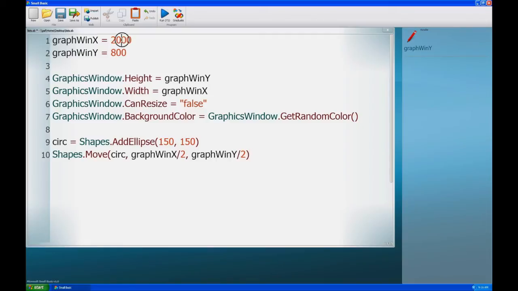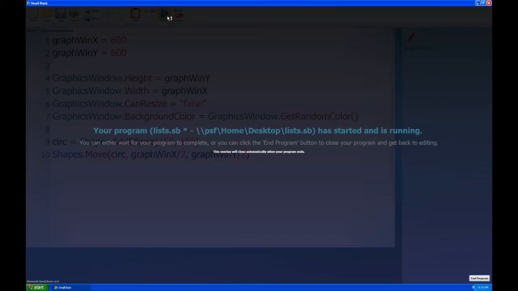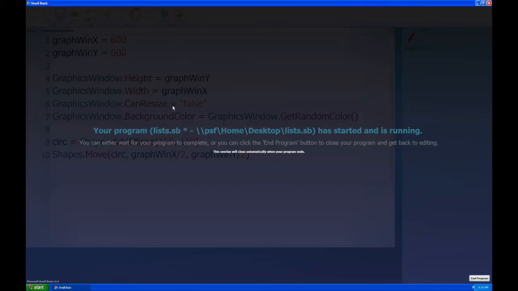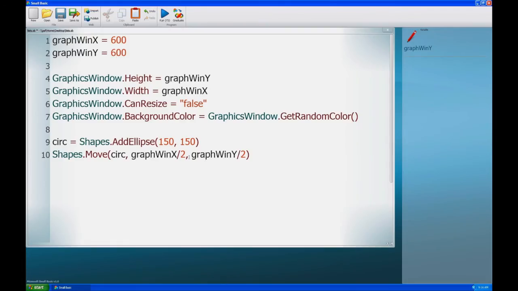I'm going to switch this back to be something smaller, so let's go a bit bigger than, let's do 600 by 600. And of course the lovely thing is it will replot it back in that position for me. Bearing in mind that the centre point is here, and that's where the circle's being drawn. So if we wanted it to actually be drawn right in the centre of the graphics window, how would we